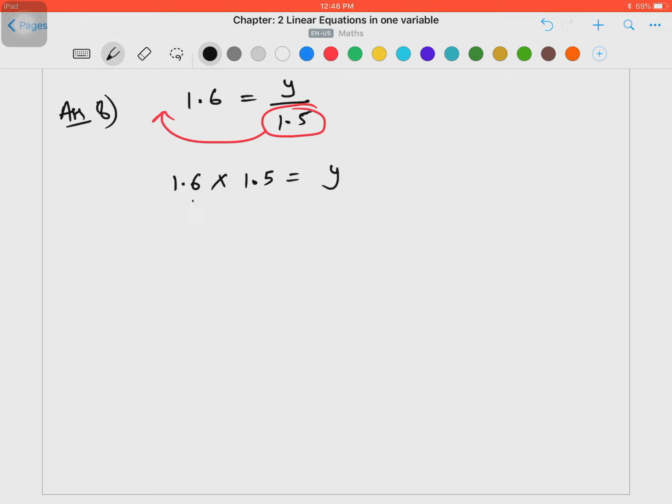One thing you can do is directly multiply these two numbers, but to make it even simpler, we'll remove this decimal, so we'll get 10 here in the denominator. Also we'll remove this decimal, so we'll get 10 here in the denominator. So this 16 into 15 will be equal to